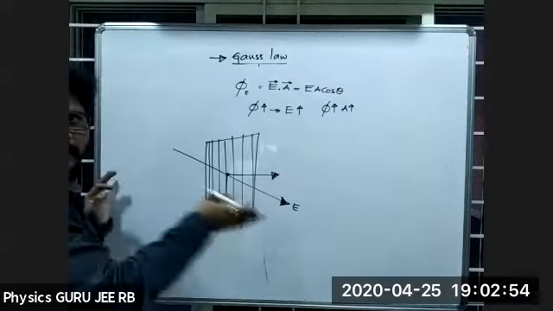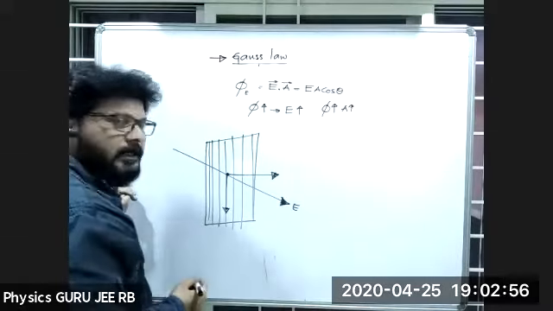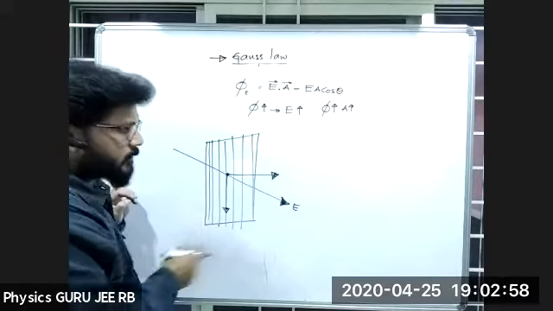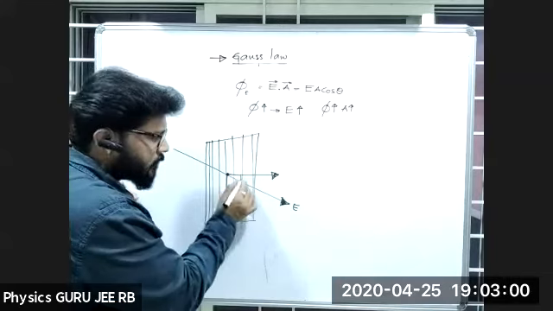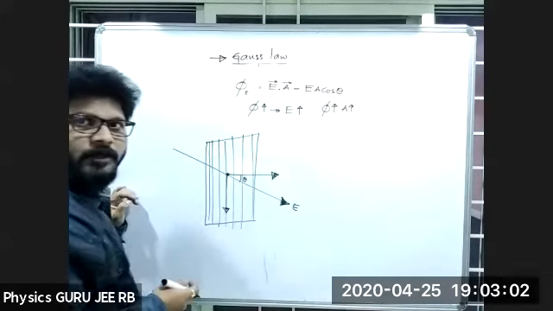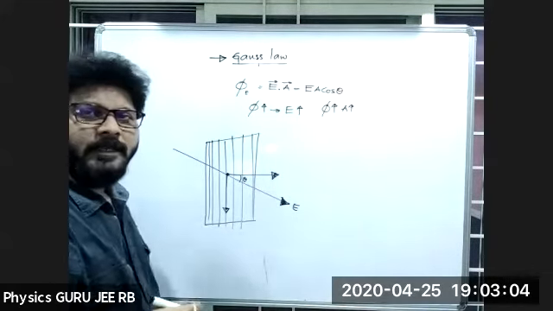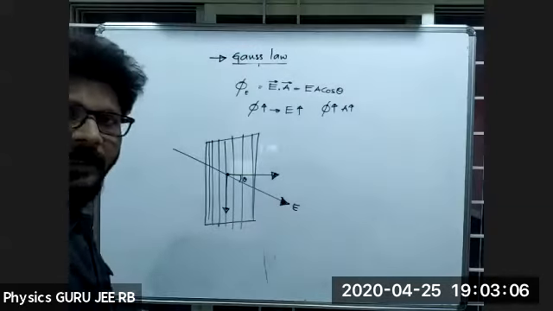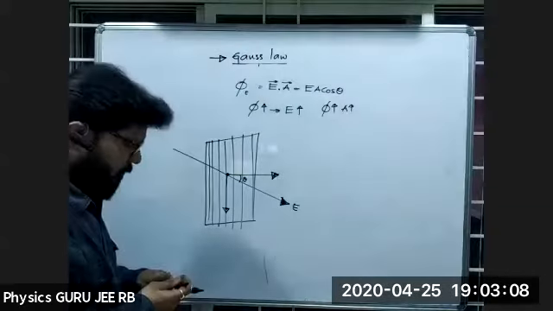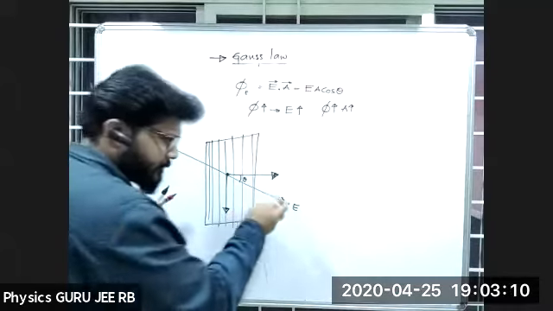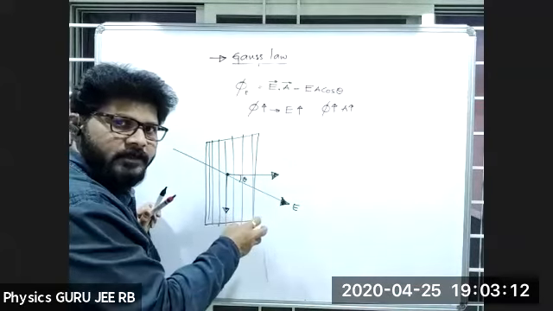So this is the direction of electric lines of force. Can you tell me where the area vector is? Now this E can be resolved into components. We want only the component normal to the area. First we have to select the direction of the area vector and then take E.